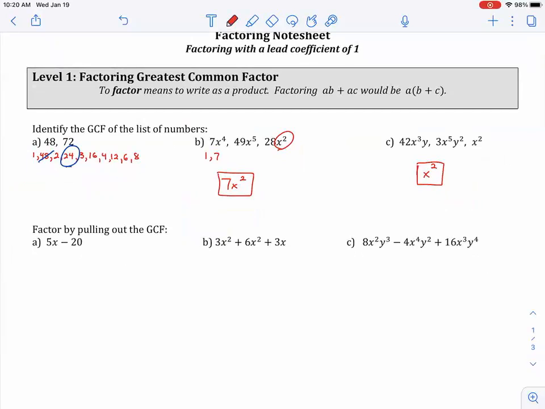All right, any questions yet? Okay, so problem